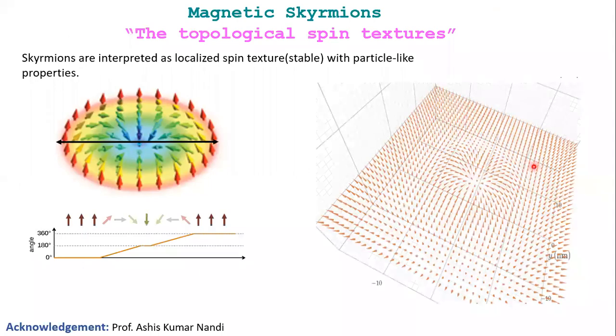In this state, you see, most of the spins, most of the moments of the material, have been aligned to the magnetic field direction, which in this case is along the Z direction, and there is a small region in which we cannot see the effect of the applied magnetic field. This type of feature will create a skyrmionic state, and that's why the topological Hall effect, or rather the spin chirality, will be maximum in the skyrmionic state, and it will not be maximum in the spin spiral state, because there will be some negative contribution